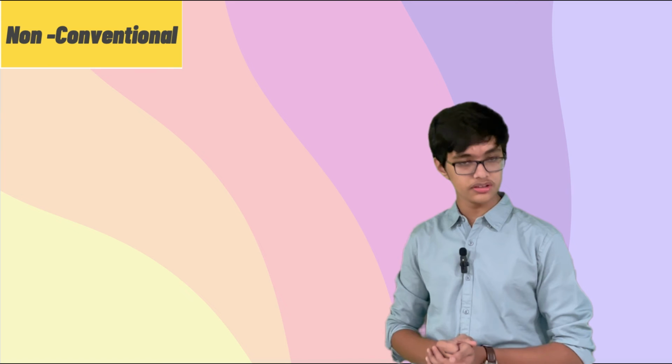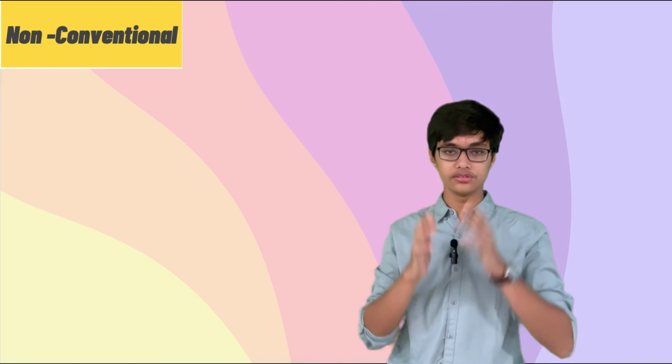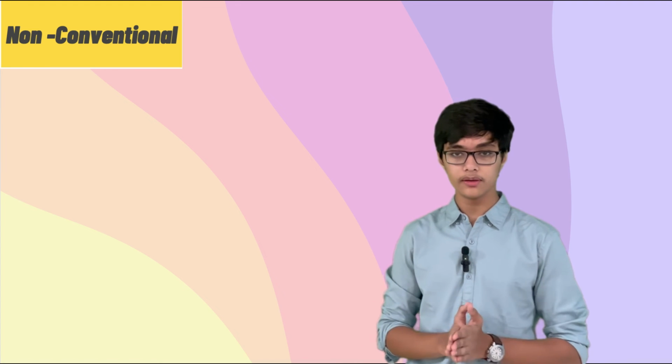The next form of non-conventional sources of energy is tidal energy. As the name itself suggests, it comes from tides. Basically, when dams are built at the narrow openings of different rivers and canals, the tides that flow through these rivers, and sometimes even through seas, can be used to produce energy.